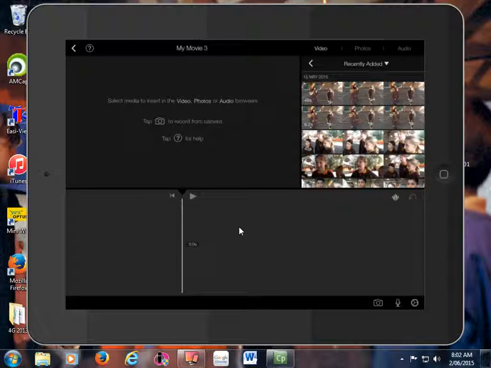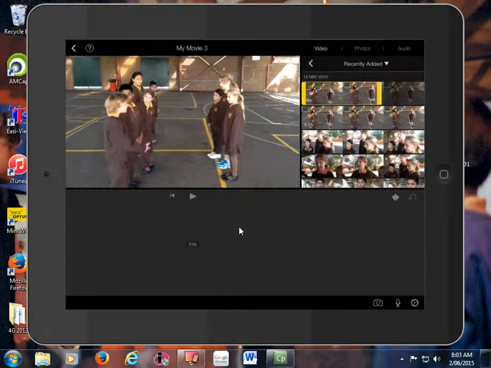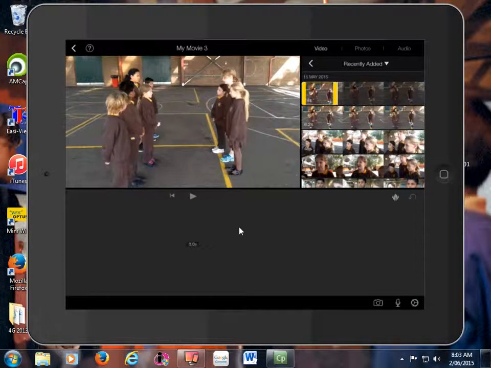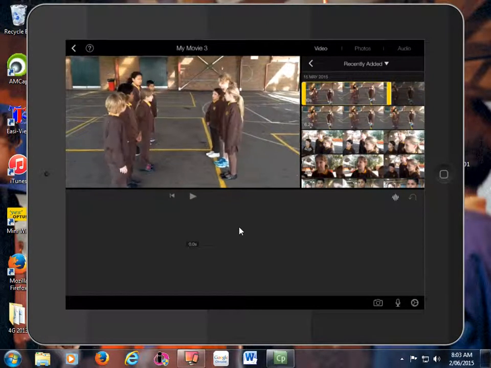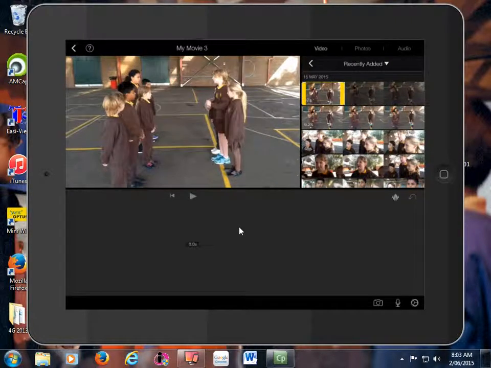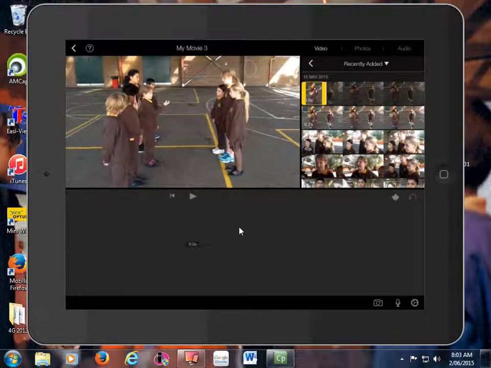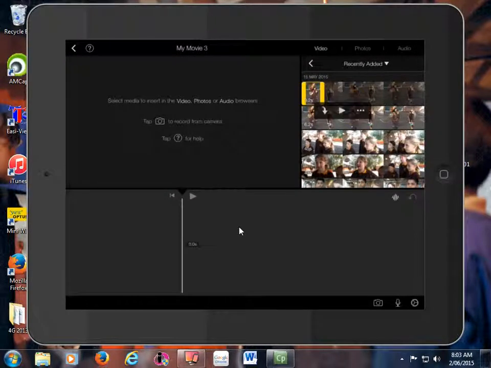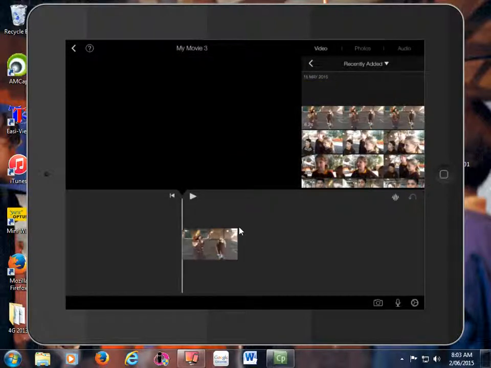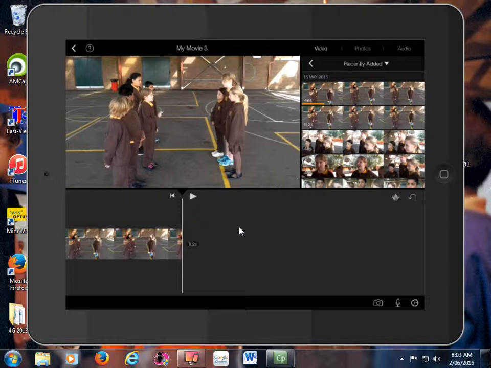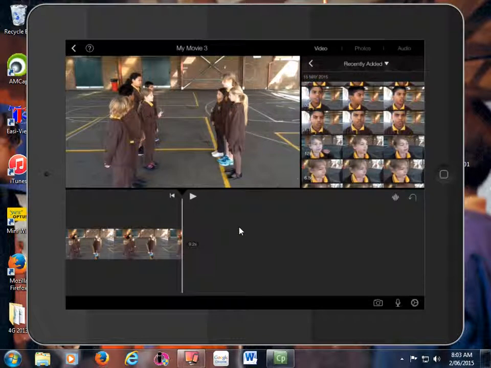So I'm essentially going to reproduce what I did before. I'm going to start with a rough cut, and then I'm going to do some cutaways. So I tap on the shot that I want. I can do the in and out point if I want to. You can just slide that slider. Now you can't see what my finger's doing, but my finger is on the right hand yellow bar, and I'm just setting the in and out point that way, exactly as I did before. And once I've selected my in and out point, I just use the drop arrow and it slots that shot down. Then I'm going to go to my close-up,